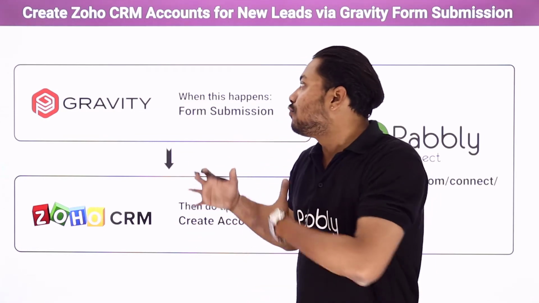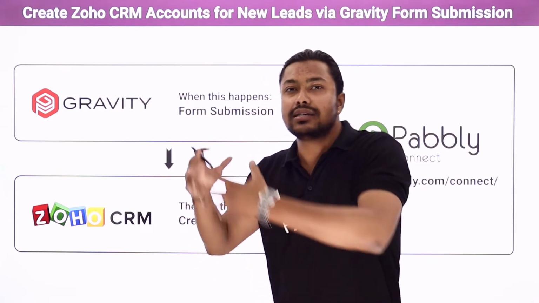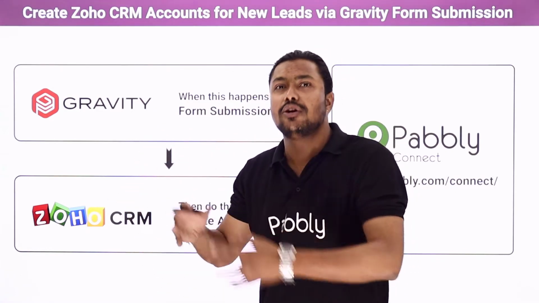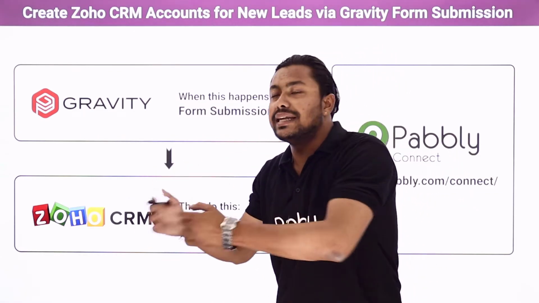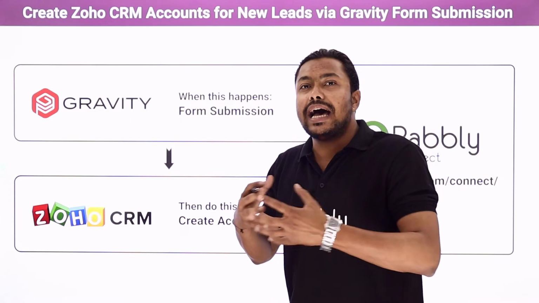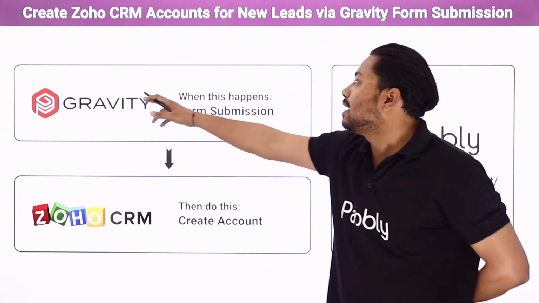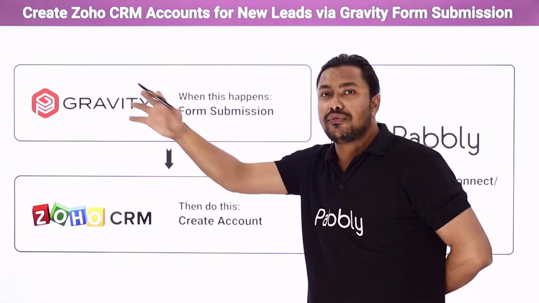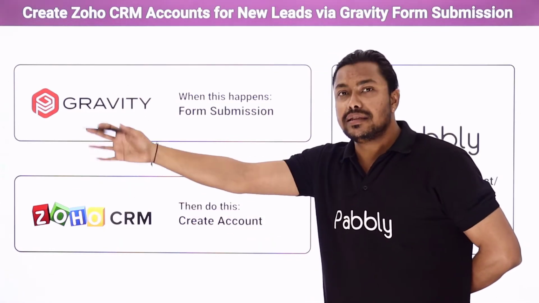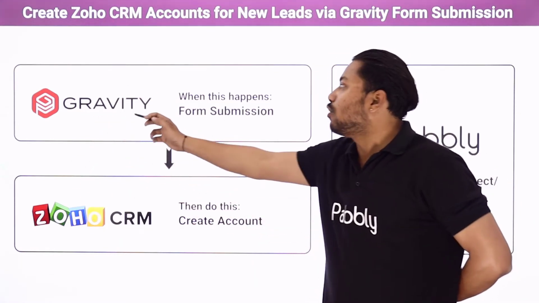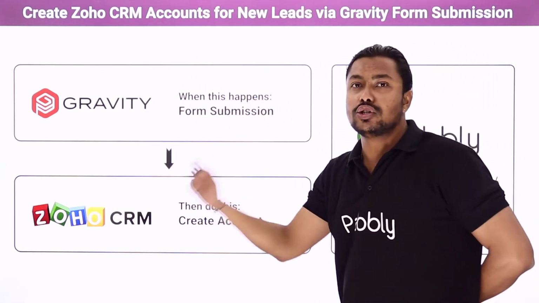Now, what kind of forms are we taking here? Suppose we are taking a person by his community or his company or his organization, and then we are dividing him into different categories. Say I am a guy selling clothes, and I am a distributor. So I can create fields such as a person of a particular company who is selling clothes, so he is a seller and the category will be clothes. This kind of form can be created, and these forms will be used to create automatic accounts on your Zoho CRM account.